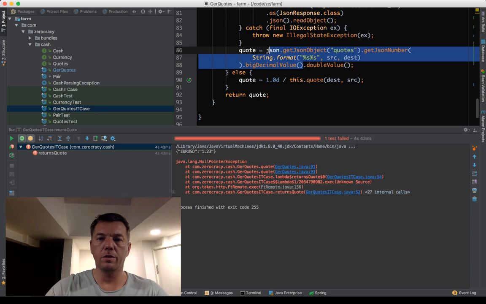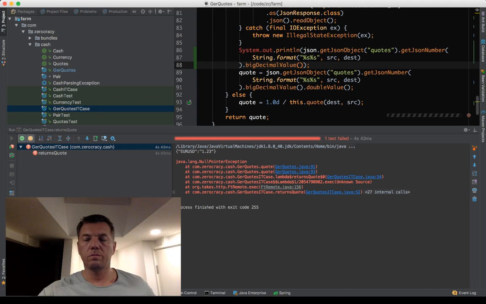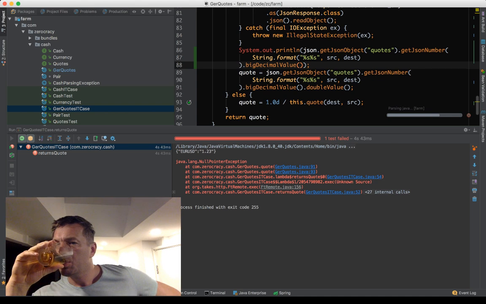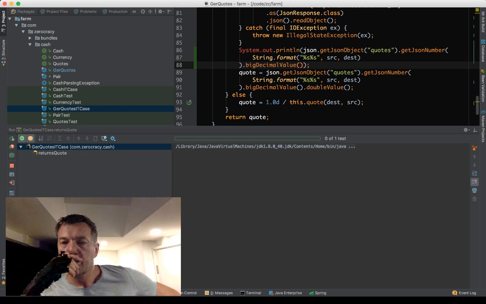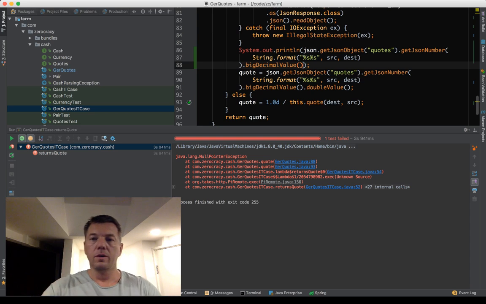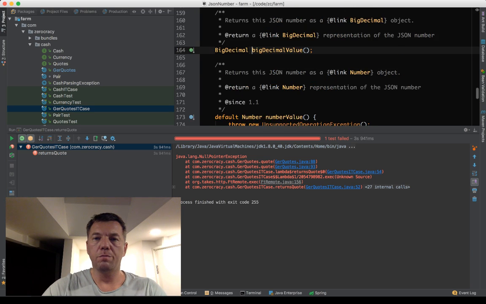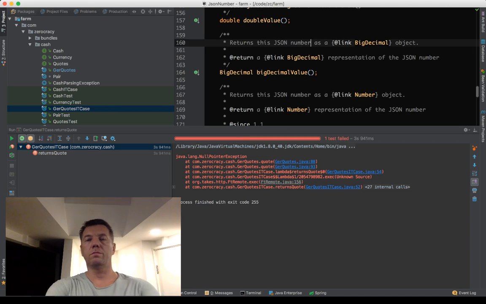Okay, let's debug this one. Should be null, I think. Yeah. Let's see what this says. Returns the JSON number as a big decimal.